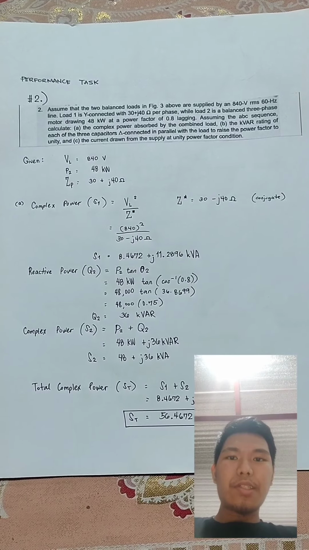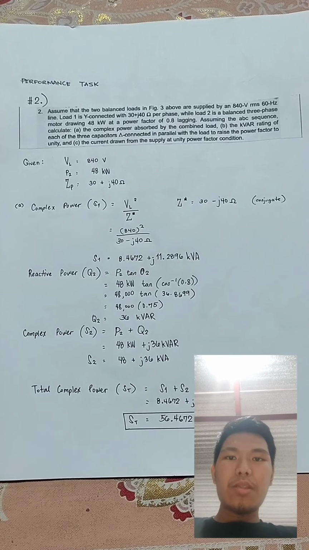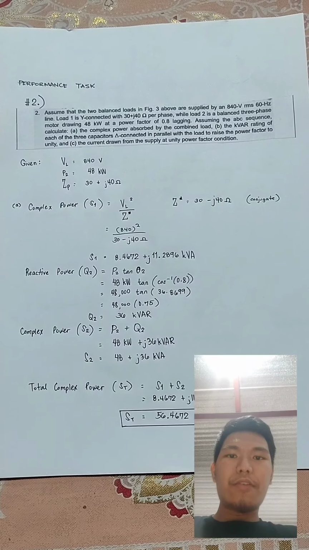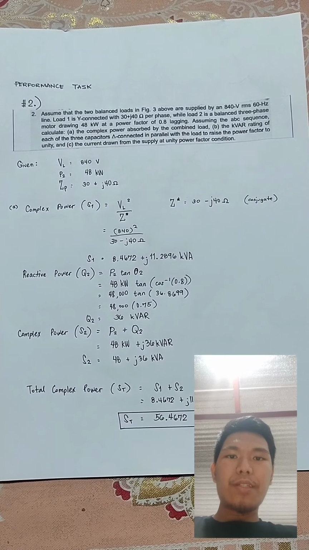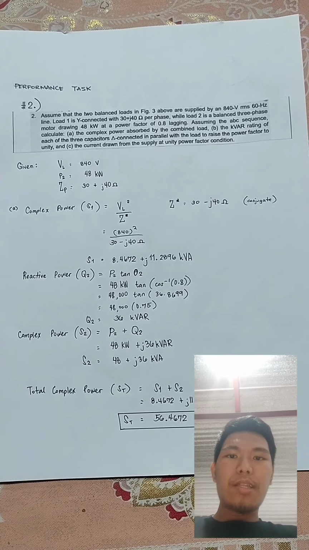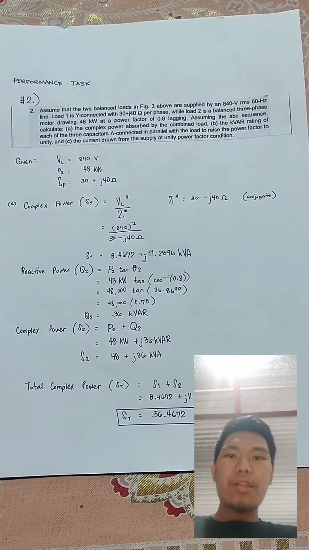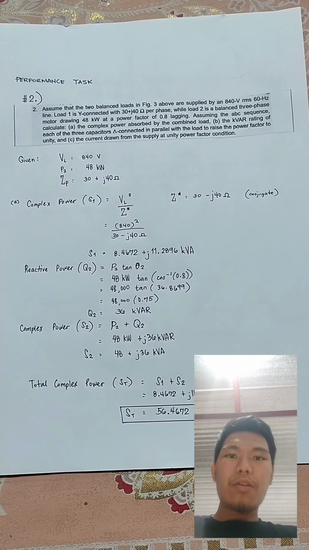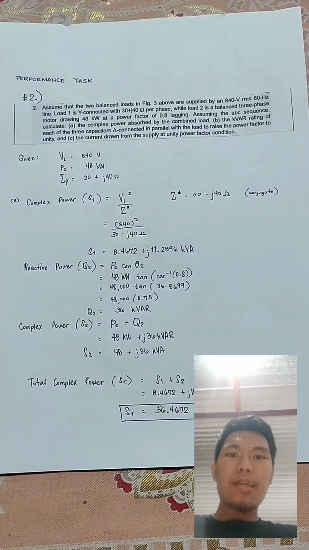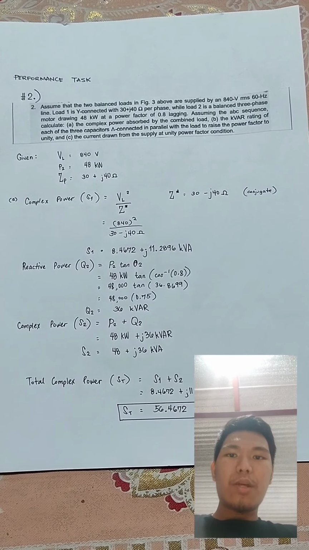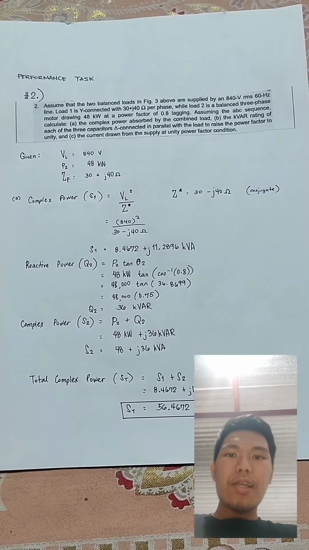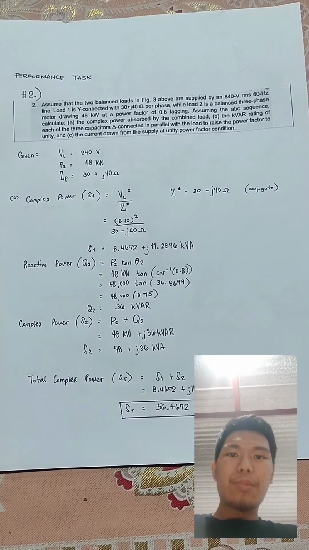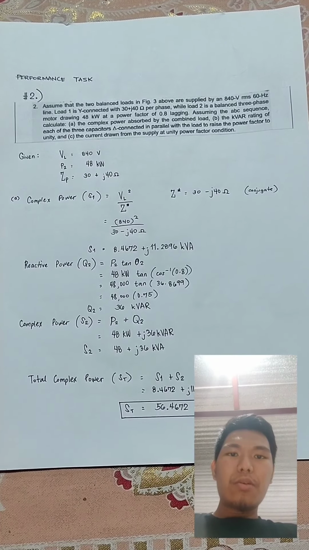volt RMS 60 Hz line. Load 1 is Y connected with 30 plus J40 ohms per phase, while load 2 is a balanced 3-phase motor drawing 48 kilowatts at a power factor of 0.8 lagging. Assuming the ABC sequence, calculate A. The complex power absorbed by the combined load,